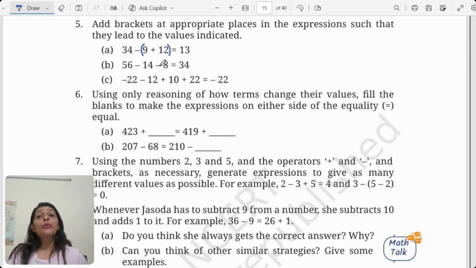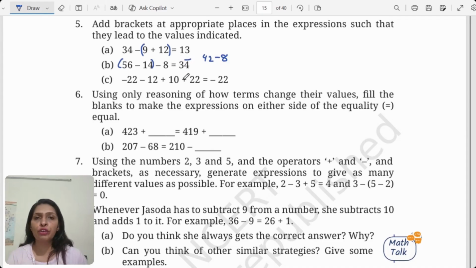So here again, where do you think we need to put the bracket? Where should we put it? Suppose, let's say, and never give up very easily, we can always keep trying and keep working hard. If I put the bracket on 14 minus 8, 14 minus 8 is 6, and 56 minus 6 would get me just 50, which is again of no use. It's not getting me the answer. What if I put 56 minus 14? Let's try this one. Now 56 minus 14 gives me 42, and then minus 8. So 42 minus 8 gives me the answer 34.